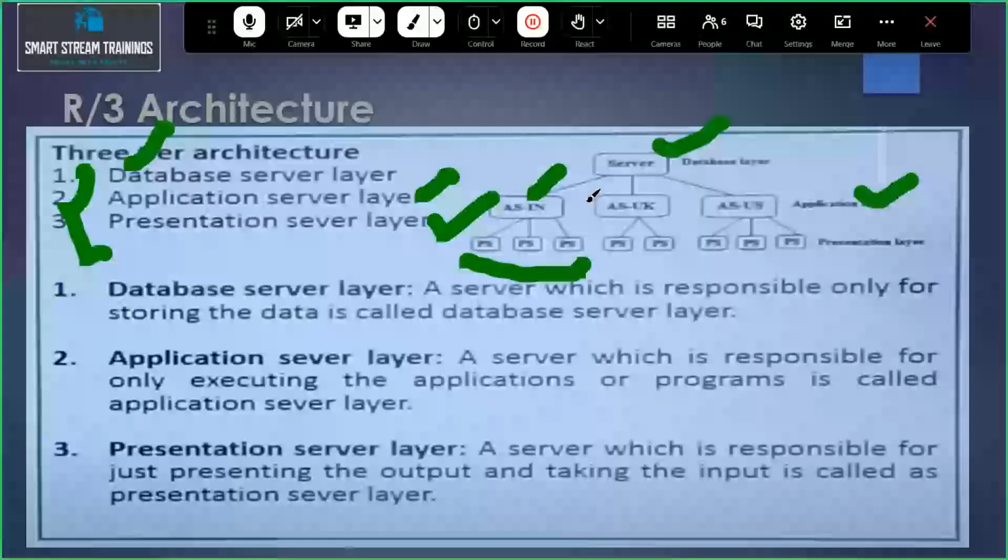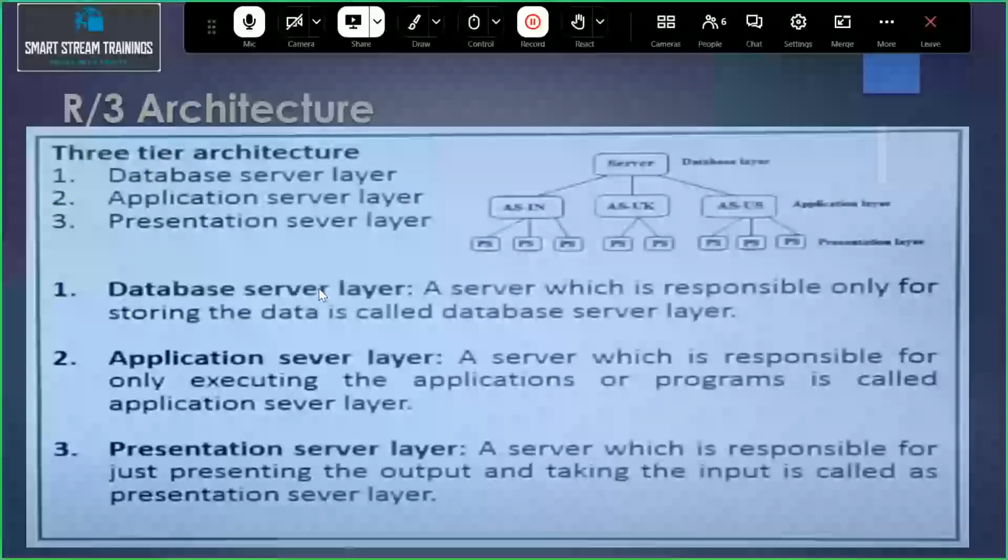So they won't get involved with other application servers. Through that, performance automatically increased compared to the previous architecture. So in real time, we are using only this architecture. Entire SAP follows this R/3 architecture. Is it clear, all of you?